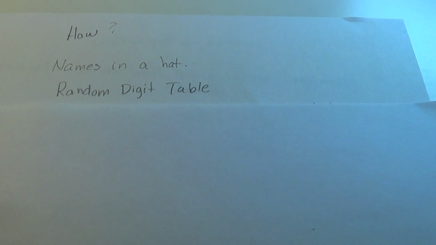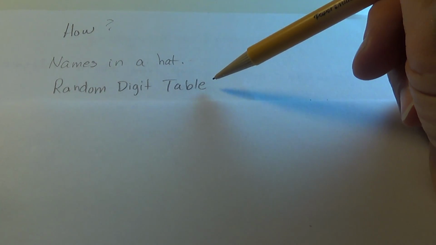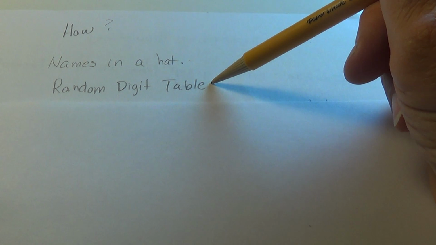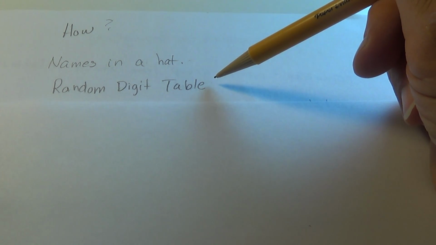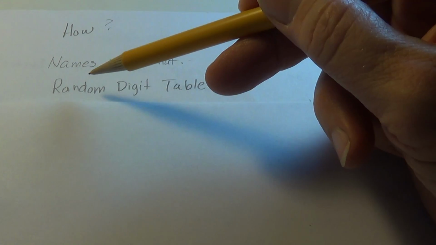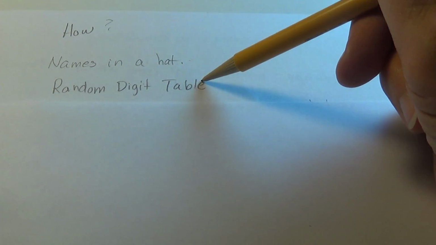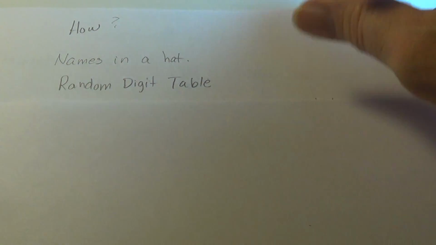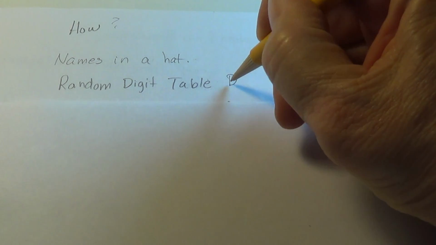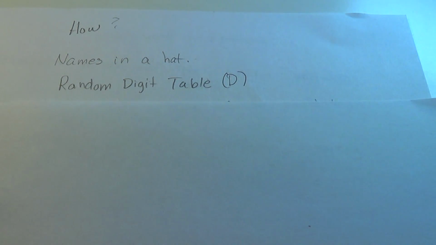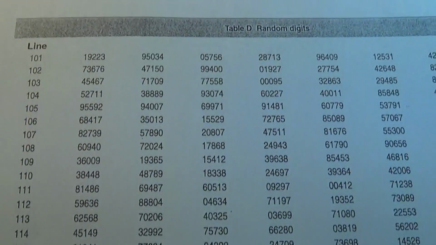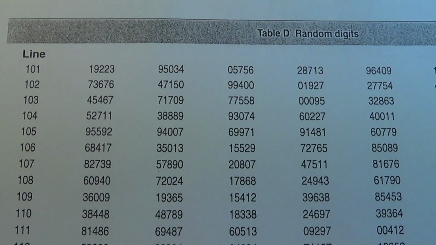So what we found is, say there's 1,000 people, then it becomes quite cumbersome to throw 1,000 names in a hat and draw out, say, 100. So we are going to use a random digit table to help us with randomization of our sample. The random digit table is table D in the back of our book, and I handed one out, and it looks like this. You can see it starts with line 101,